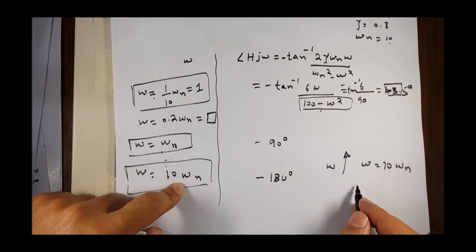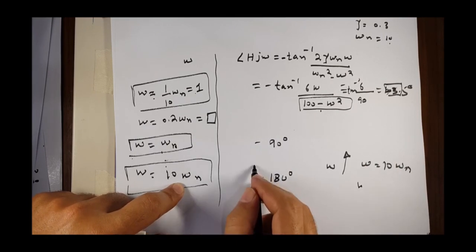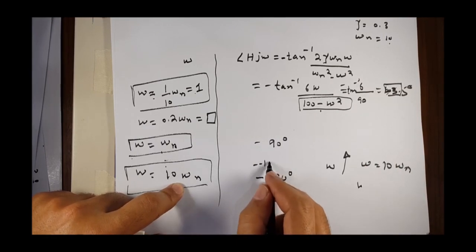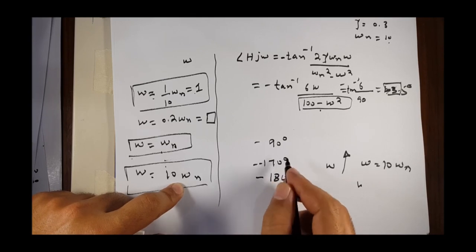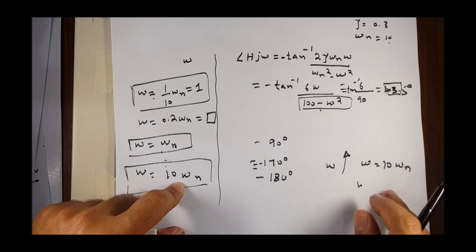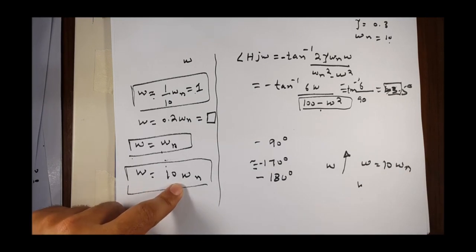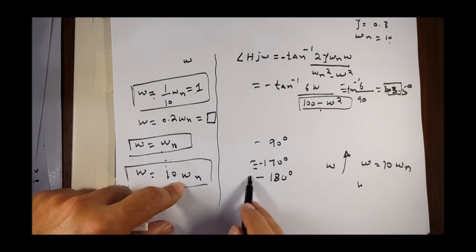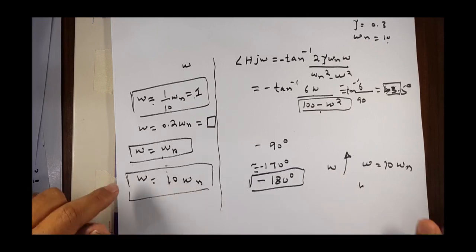this angle should be minus 170 or something, approximately. When this is 100, this is 1000 times omega n, or 2000, 10,000 times omega n, eventually it will reach minus 180 degrees. So you can plot this